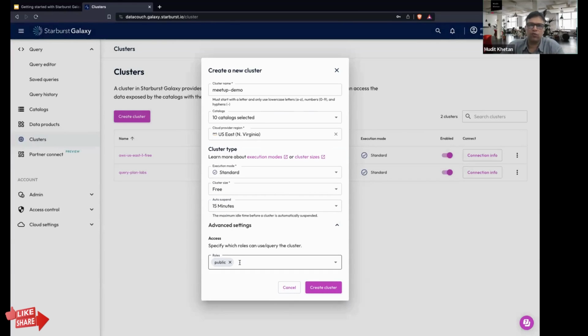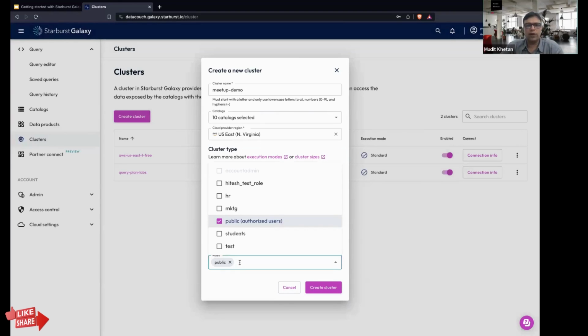So what kind of roles you want to assign? Those roles have already been defined. For example, there can be an HR user. So HR users can create their own data products and publish them, so that employees in the organization can get to know about their own, let's say, leave applications or leave balance and so on. There is a marketing related role available in this demonstration, and so on. So when we talk about public, any authorized user can do it, or students, right?